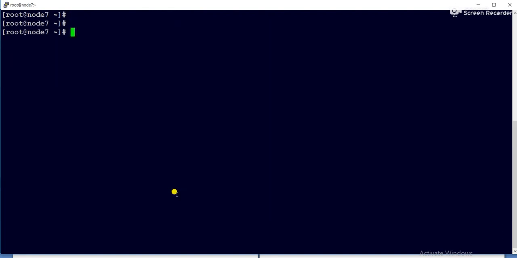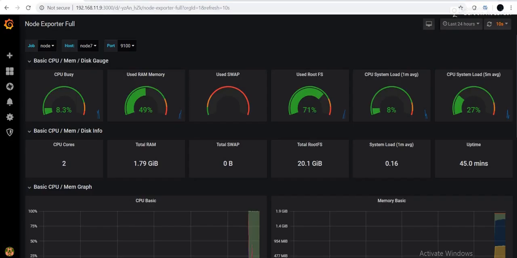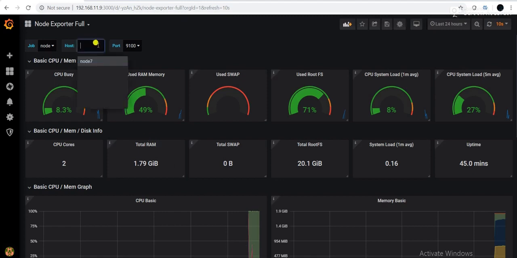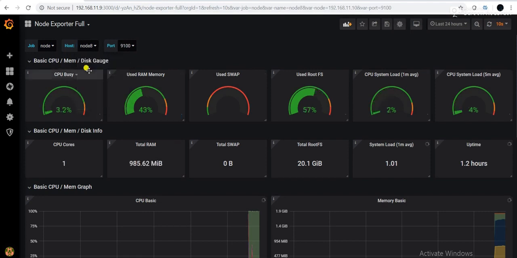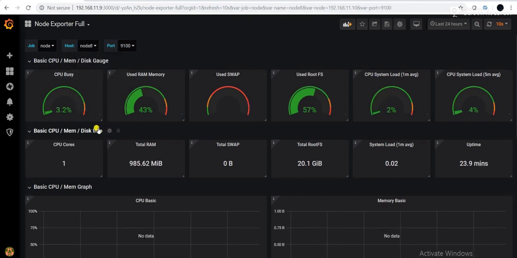Let me refresh this. Now you can see earlier it was Node 7, now Node 8 got added. If you select Node 8, it shows the utilization, everything.